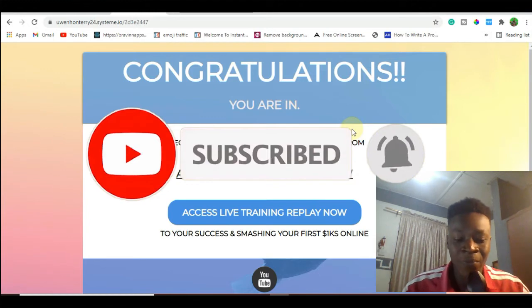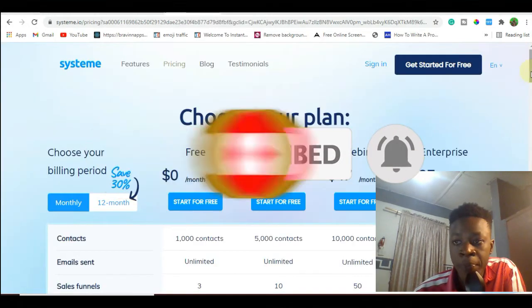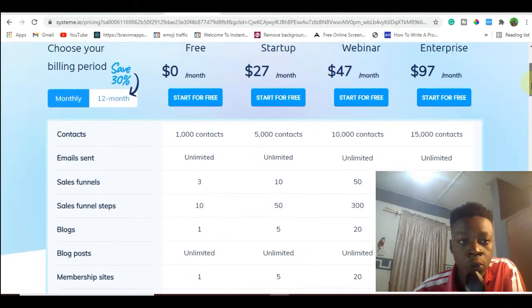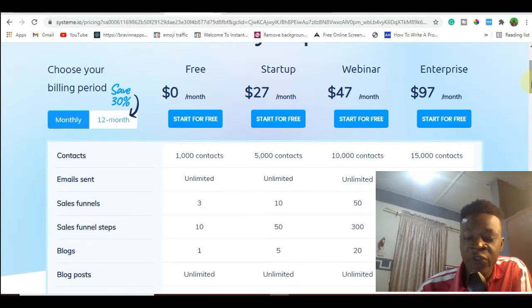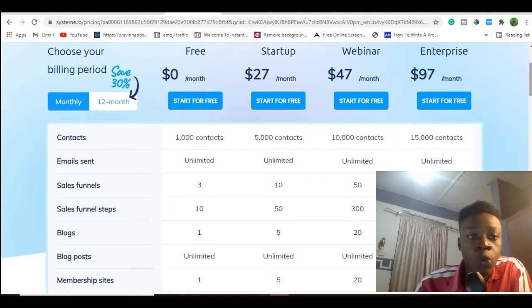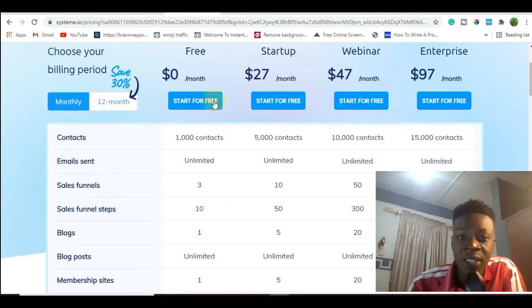Now let's go. So before we proceed on, I want to quickly show you what you can do with the free plan of the system.oi. There are various plans and what their features are all about. So with the first plan, which is a free plan which we're going to be using and which you can get in,